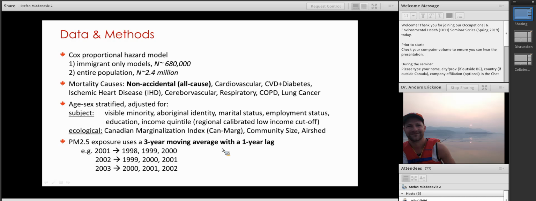So the pollution that we assign to a person for a certain year is their exposure from the previous year, and we take the average of the 3 previous years of the index year. For example, for 2001, it's the mean of 1998, 1999, and 2000, and then this moving window shifts onwards to 2003 and so on. We've also created other moving averages, an 8-year lag and a 10-year lag, so there have been sensitivity tests that look at those as well.